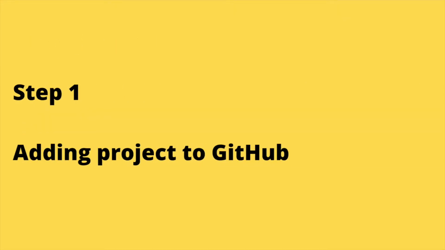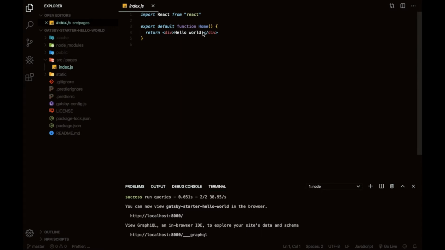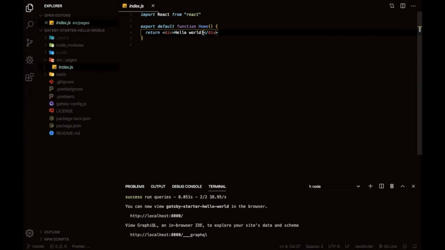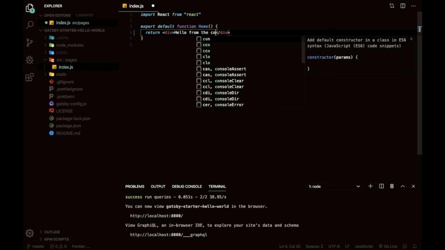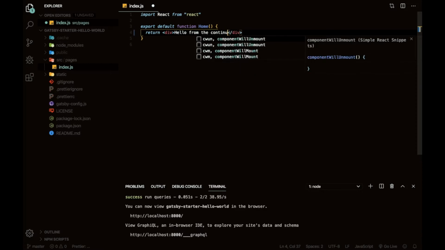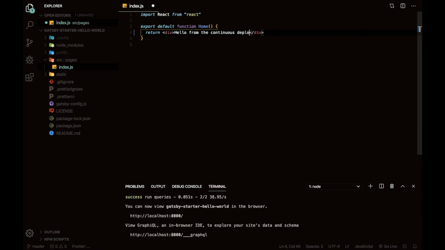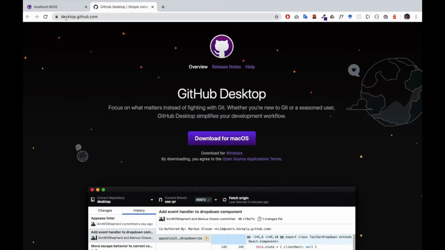Okay, step number one, adding our project to GitHub. Before we deploy our apps and push them to GitHub, let's take a look at the one that we have right now. So over here, I have a starter app from Gatsby, and I'm just typing "hello from the continuous deployment tutorial" in there, just to make sure that it's closer to what we're doing here. There we go. Localhost is working. And then we go on to